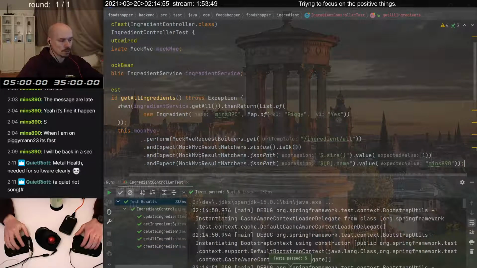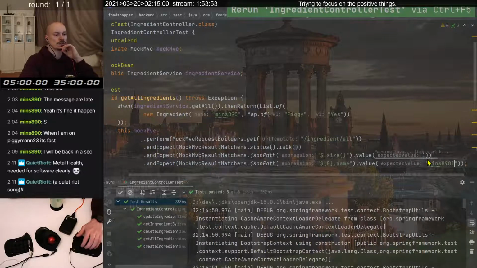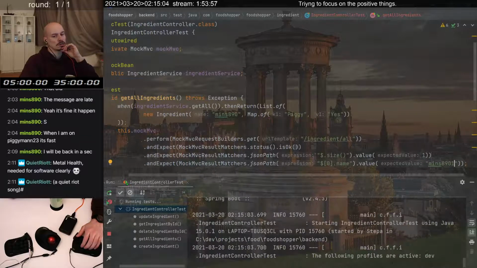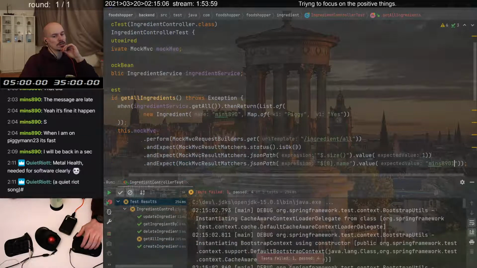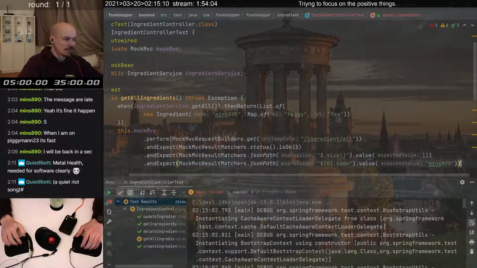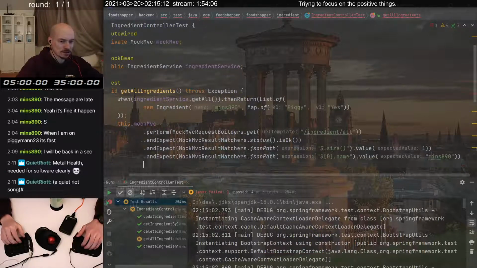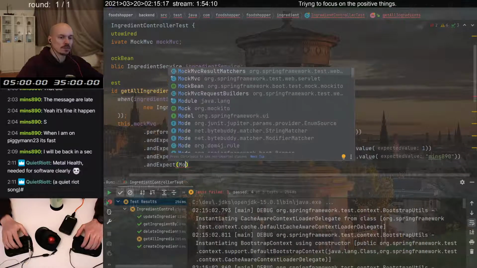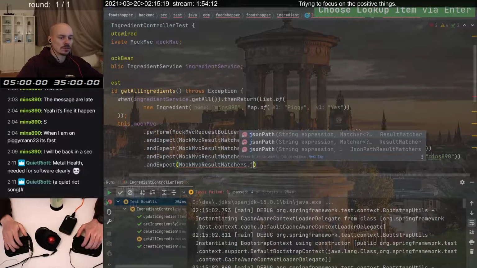So green test. What if I have a mistake in here? That should fail. Yay, it failed. Good. And so I think I know how to do this now. And expect MockMvc result matchers JSON that